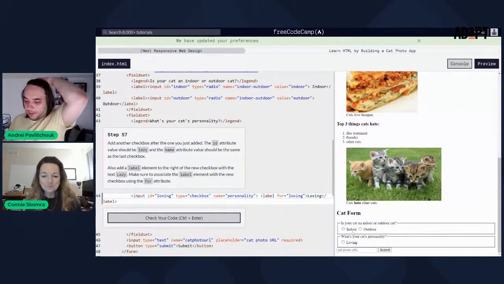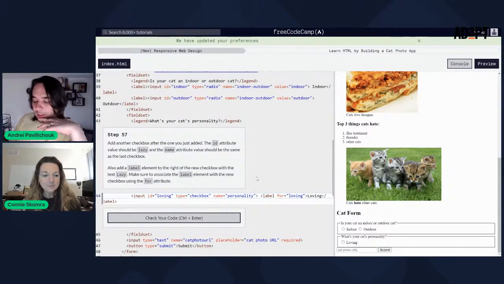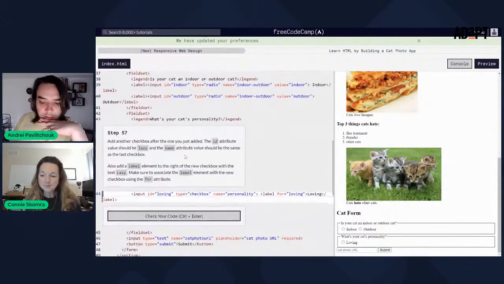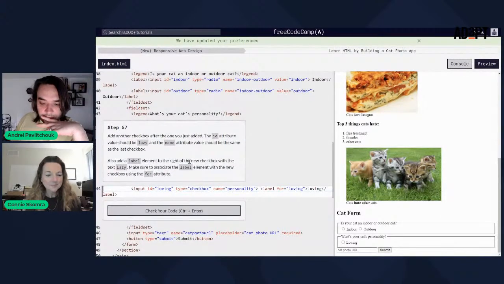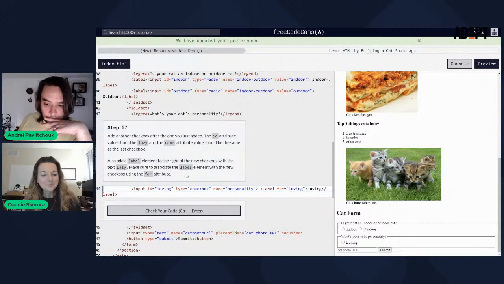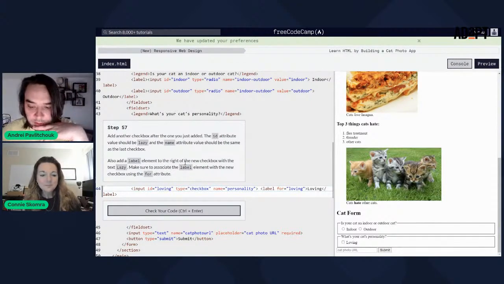See how this is all coming up, a checkbox instead of a button. Yeah, we've just been going through the coding, but this is how it's looking so far. Add another checkbox after the one you just added. ID attribute value should be lazy, and the name attribute should be